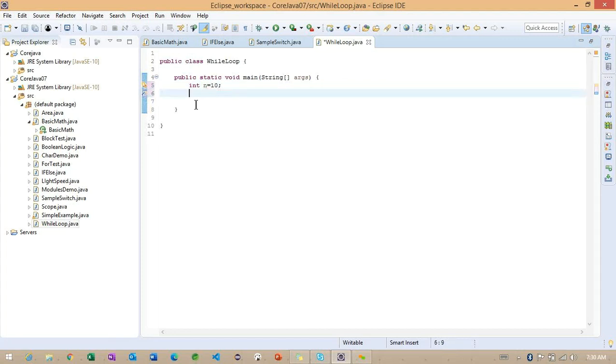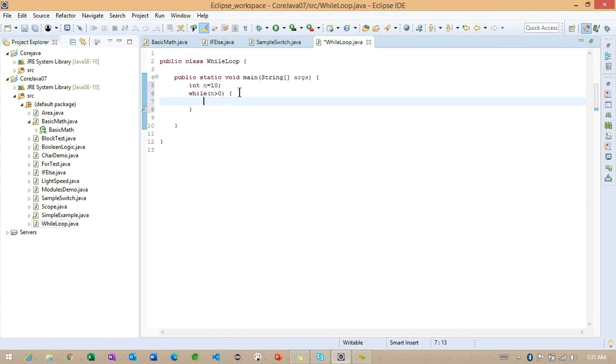So now what I am doing here, I want to make int n is equals to 10. And after that, I am making this particular loop here, something called while. And here observe how I am writing the condition. n greater than 0. n greater than 0. Right. So this is the condition I am making.